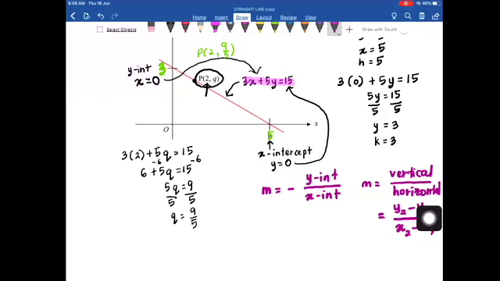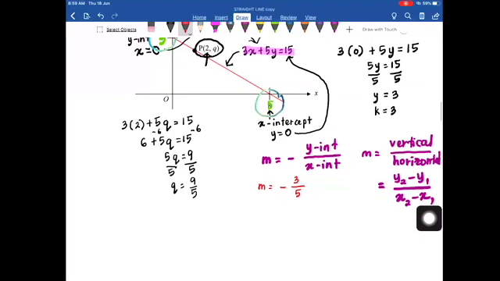Okay, so I just substitute my gradient equals negative, y-intercept is 3, x-intercept is 5. Settle. Okay, so that is for